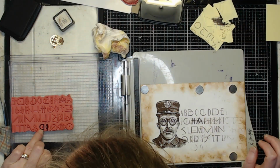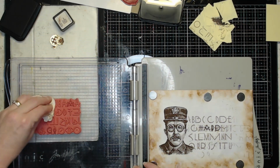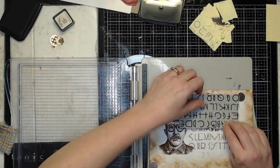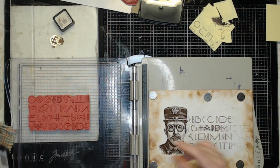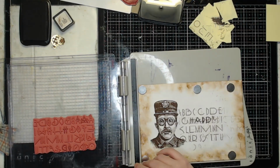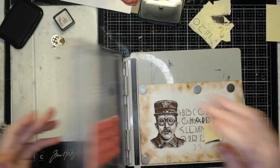I did have to work fast so that StazOn wouldn't completely dry before I was ready to stamp. I would clean up the excess. I cleaned up excess the best I could with my little tool from Lawn Fawn. It's just kind of like a little sham type of thing for cleaning stamps. It works great. There's also not a Y on here, so I altered an A, added part of the I